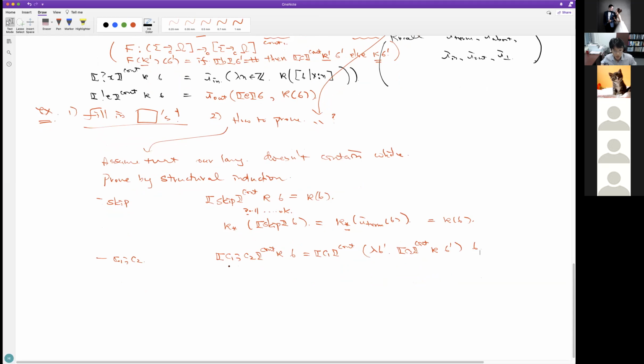And then we have to show this is equal to kappa star applied to the direct semantics of C1 applied to sigma. For this case, we unpack the definition here. What was the semantics here? It was kappa star applied to C2 star and C1 sigma.